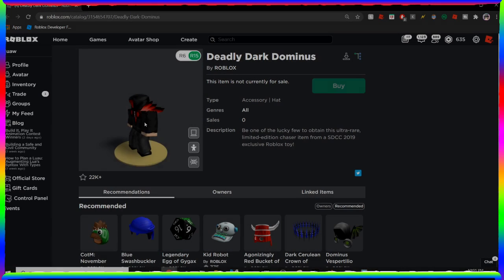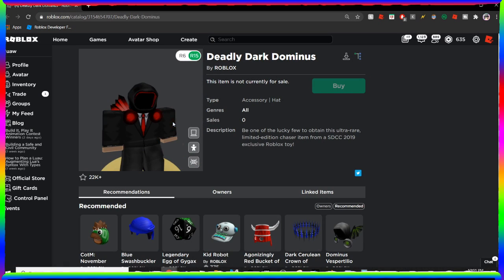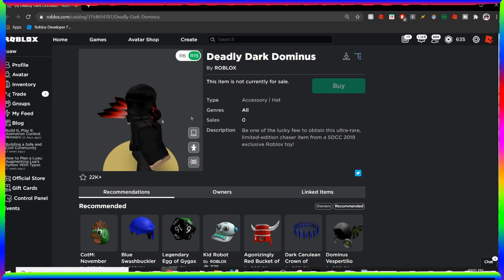Alright guys, as you can see, on our last one, we are going to be talking about the Deadly Dark Dominus. Now, you could actually still obtain this, and I'm going to be teaching you how to obtain this right now, so stay tuned. Before I say how to obtain this, this hat is given out to people that went to San Diego Comic-Con 2019, or SDCC 2019, and at San Diego Comic-Con 2019, there were Roblox toys